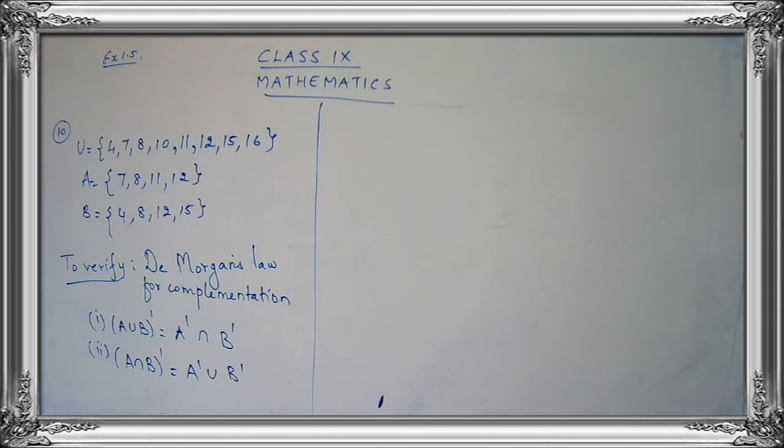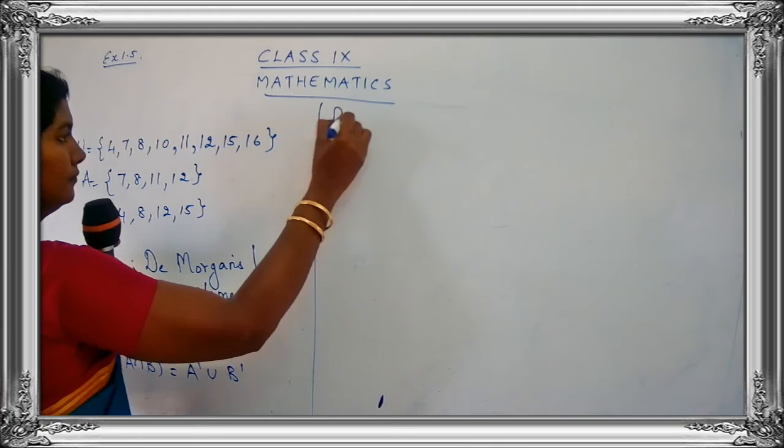Okay. Now let's go for the proof part, children. We are going to take the first property first and prove it, and then we will take the second property and prove it. So we have two cases. In the first case, I'll take the LHS part, I'll take the RHS part, then I'll say LHS is equal to RHS, hence proved. Then I'll take the second case, the LHS part and the RHS part, and then say LHS is equal to RHS, hence proved. Are you getting my point, children? Okay, just write the question, write the to verify part, and now let's go for the proof part.